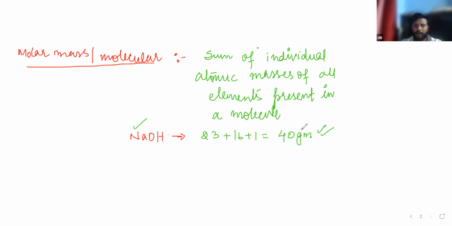We already know how to calculate it from the previous lecture. In the previous lecture, we calculated in terms of AMU, atomic mass unit, but here we will calculate in gram, that is for 1 mole. If we are calculating mass in terms of gram, that means we are talking about 1 mole. Now you calculate the molar mass of H2SO4 and Na2CO3, please.